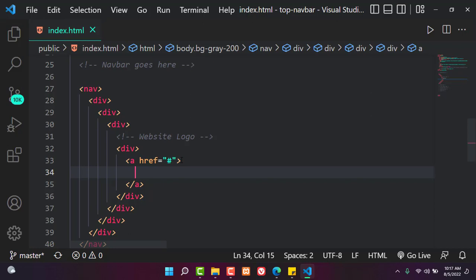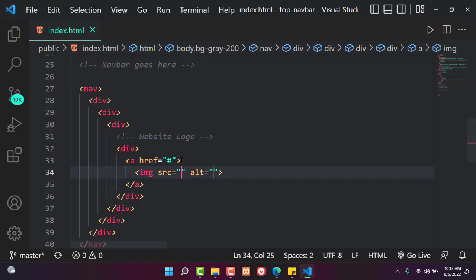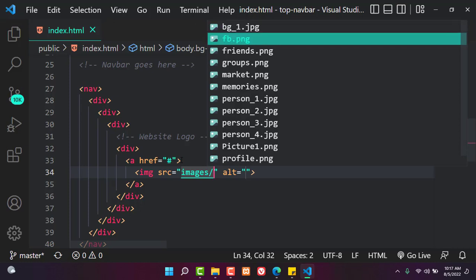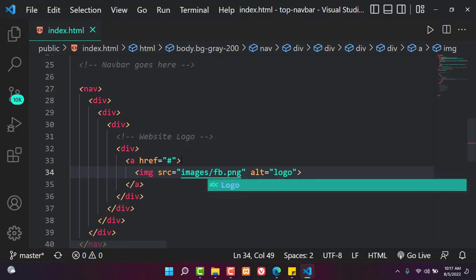And now inside the anchor tag, I'm going to have the image, so that will be our website logo. So for this one I'm going to get this image from the images folder. As we have seen, we have this specific folder called images, and this is where we have the specific images that we're going to use for this project. So the image that I want is the fb.png, so I'm just going to grab that. Maybe with alt I can just call it a logo,